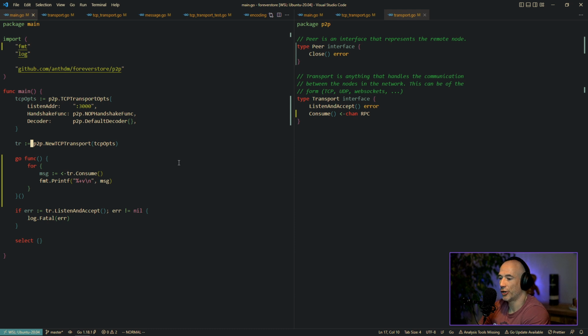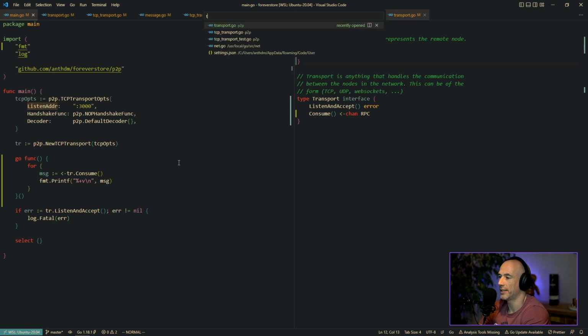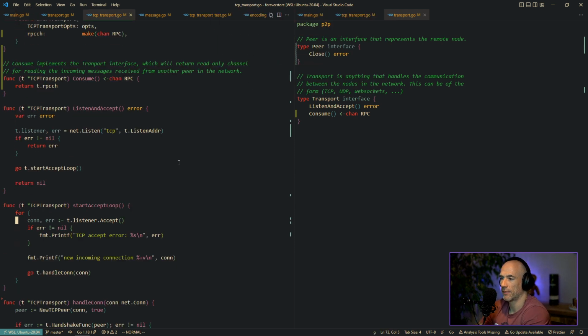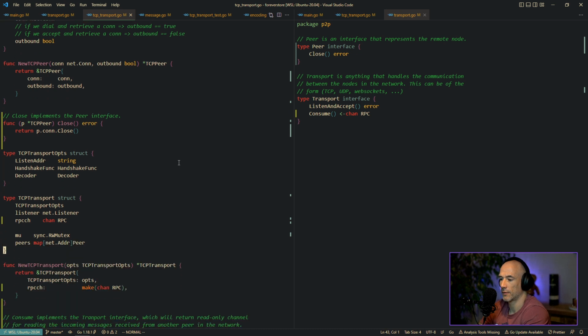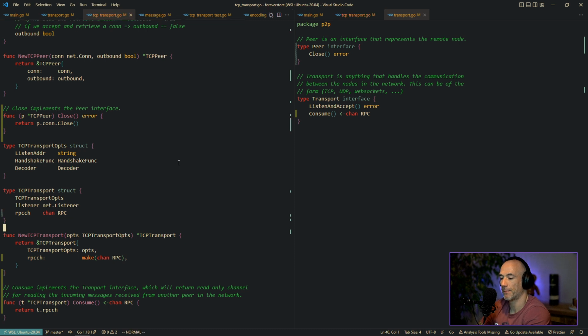The next thing we're gonna do is we need to find a way, because let's open up real quick TCP transport. I'm gonna show you. Yeah. So this peer map, I don't think we're gonna keep it. We do not need a peer map because I think the transport is not going to be responsible for keeping the peers, because peer is an interface. So I think the server is responsible for maintaining a list of its peers, which could be a peer interface, which could be any peer, right?